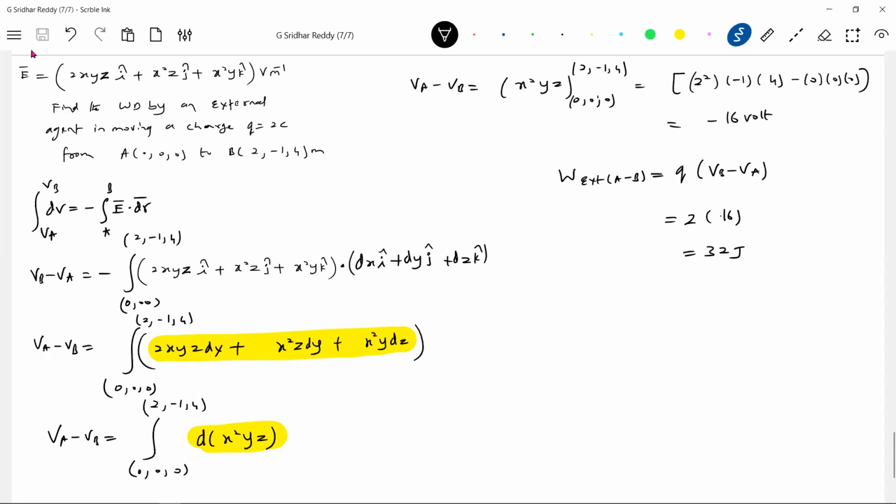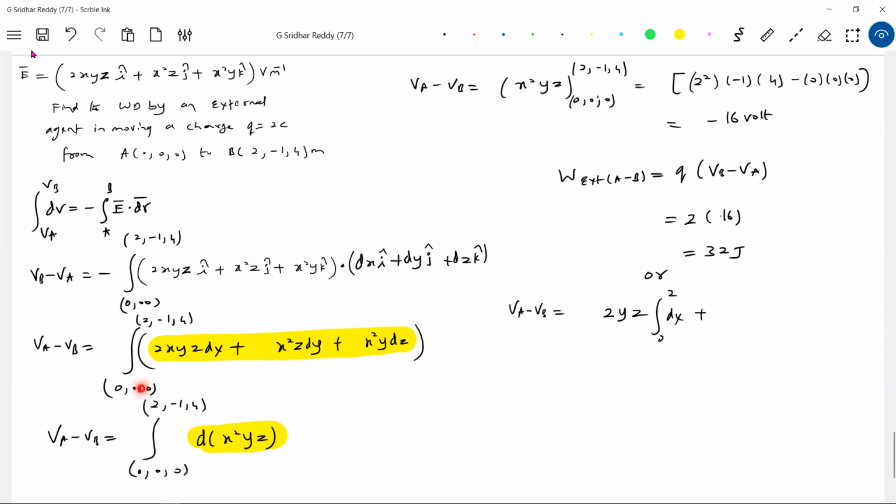I'll just show you. Now, from where you started, 0, 0. First, you are going to integrate along x. When you are integrating along the x-axis, there's a method. 0 to 2, you are going to integrate. You are starting from 0, 0, no? So what is the value of y and z? They are 0, no? So you have to substitute this to be 0, this to be 0. I think I'm just writing powers there. It's not a power, it's the value of that, or I'll write it below.